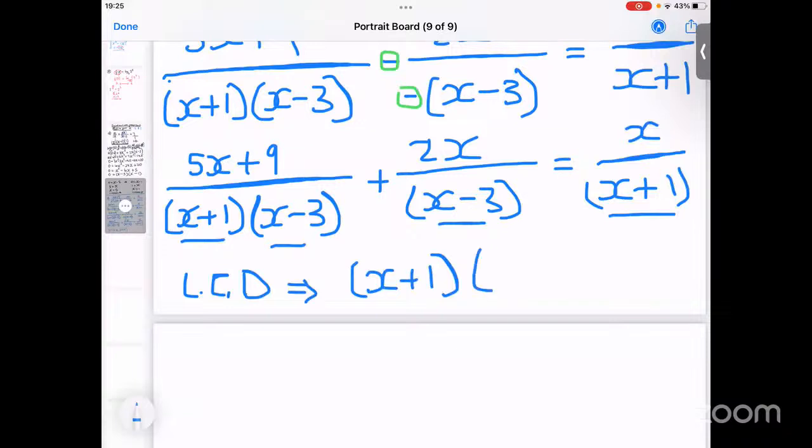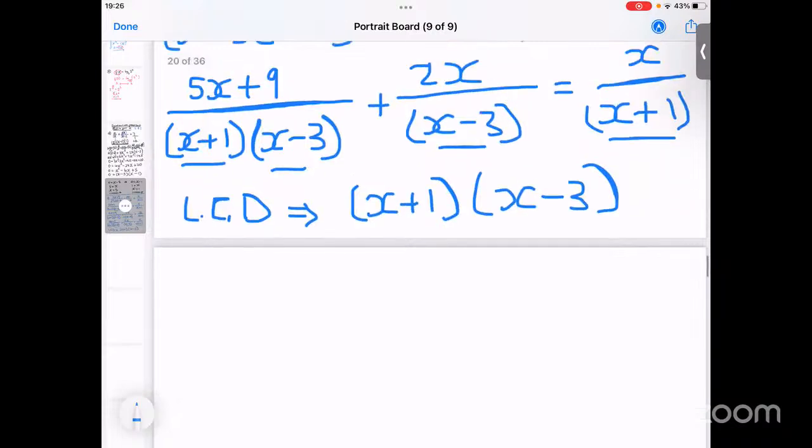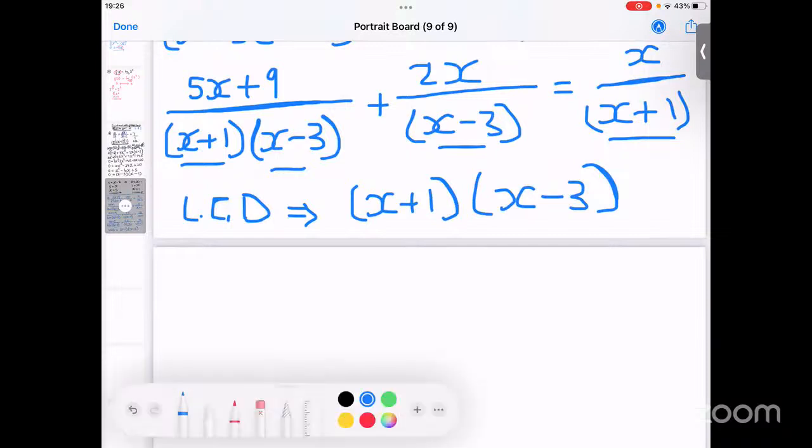So you don't need to write all of them, you just write 1. So 1 represents both. That becomes your LCD. Now all that you need to do is just to multiply each term by your LCD. So now I won't have to multiply all of that by the whole of that. I will just straight away say,